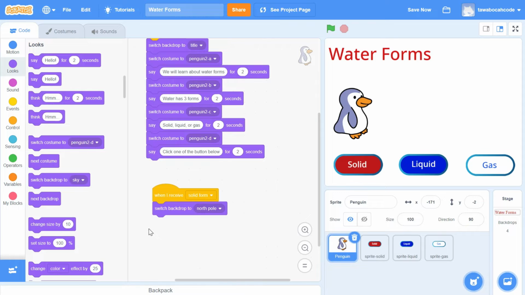To change the penguin costume, we can choose the desired costume, or ask Scratch to display the costumes according to the order.